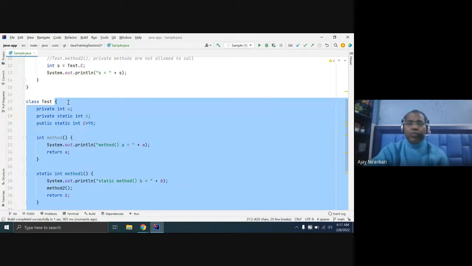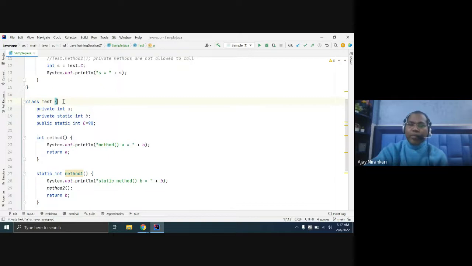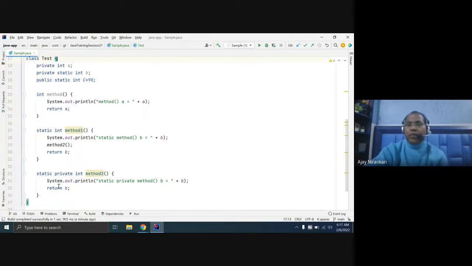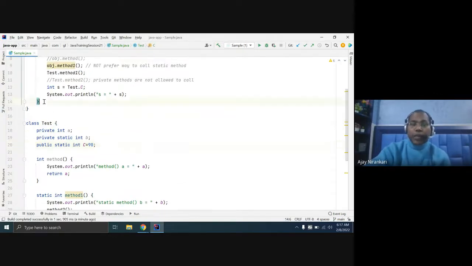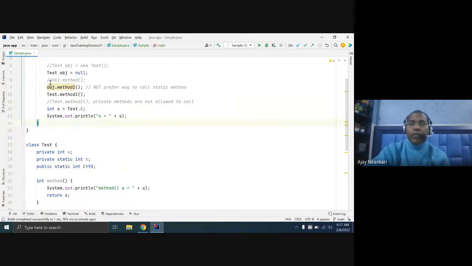So the first thumb rule: any private data member cannot be accessed outside of the class. A private data member is only accessible inside the class. Is it clear? So only public static data members can be accessed outside of the class, preferably using your test class name itself.